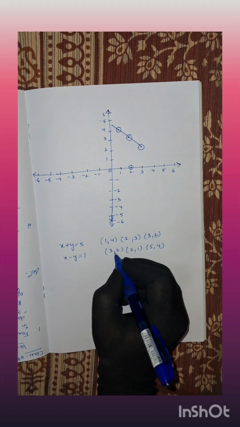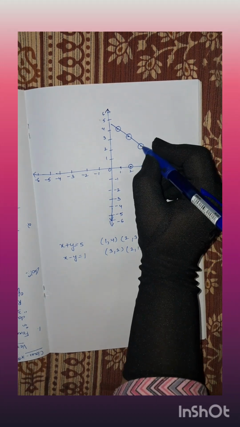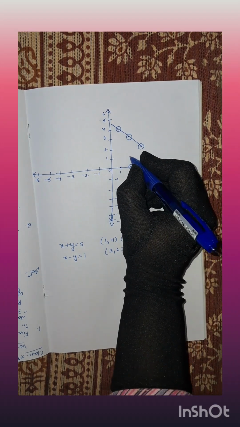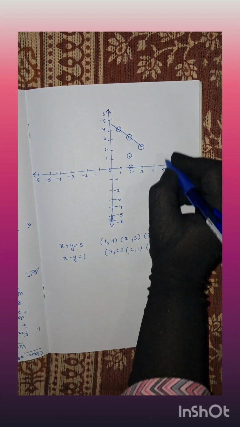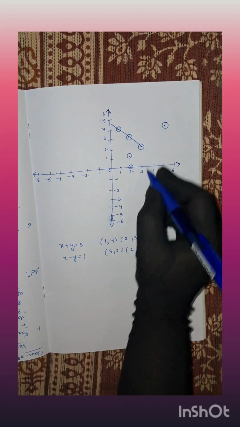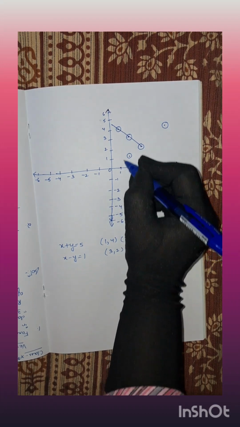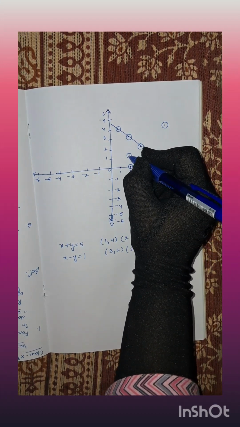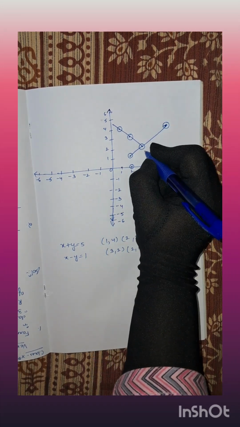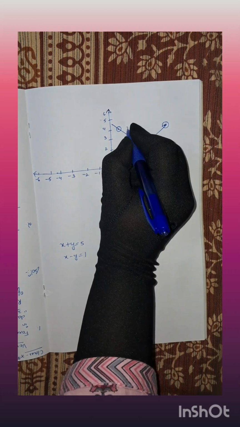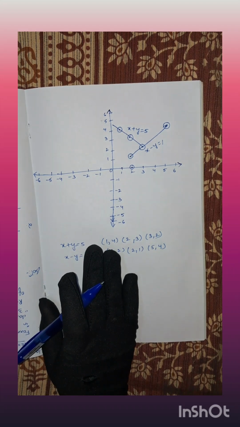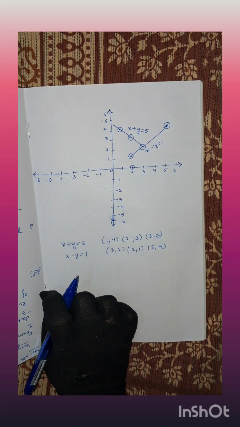Okay, next for this, (3, 2) means on the x axis it is 3, on the y axis it is 2, the same point; one point is the same. (2, 1): on the x axis it is 2 and on the y axis it is 1. And (5, 4): on the x axis it is 5 and on the y axis it is 4. Let us draw here, right? From here to here. Like this you have to draw, and you have to write here x minus y is equal to 1, x plus y is equal to 5. Like this you just have to plot a graph and mark the points. Okay, this is very short. Let us move to the next question.